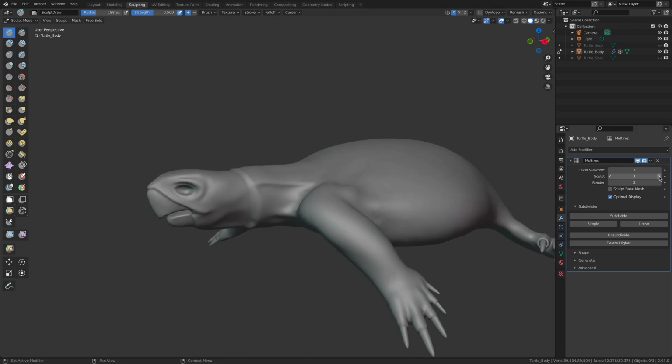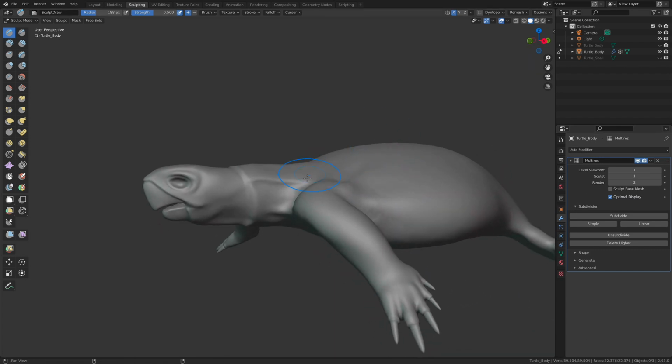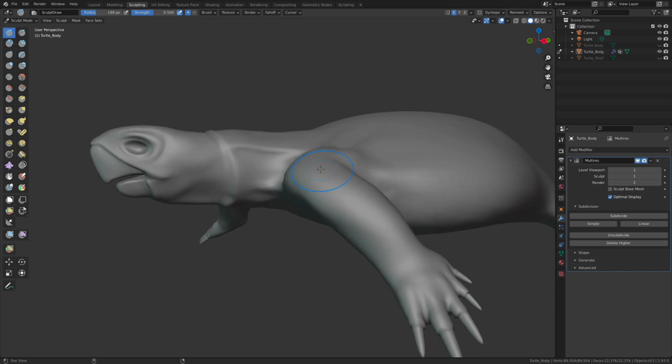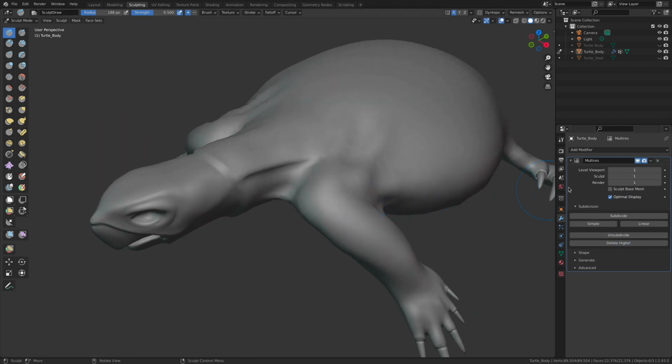If we were to leave it like this level, man, that's like 89,000 polygons. This is right on the border of an unusable asset inside of the rest of the production pipeline. But a character model with 22,000 faces, that's pretty appropriate, and I think this is where I'm going to want to live. Now we have a couple choices here that we can do. We can either delete the higher subdivisions, which is now going to turn this into level 1, which is fine. Or we could just apply, let's go back into object mode. We can apply